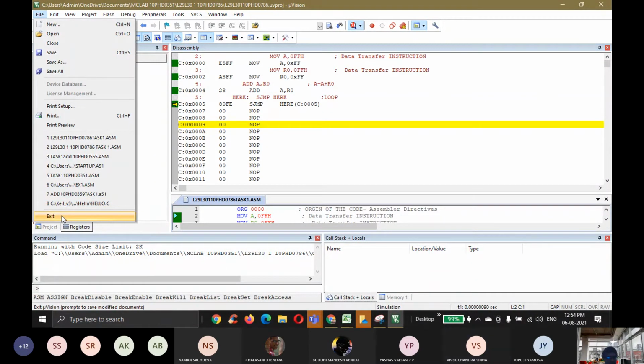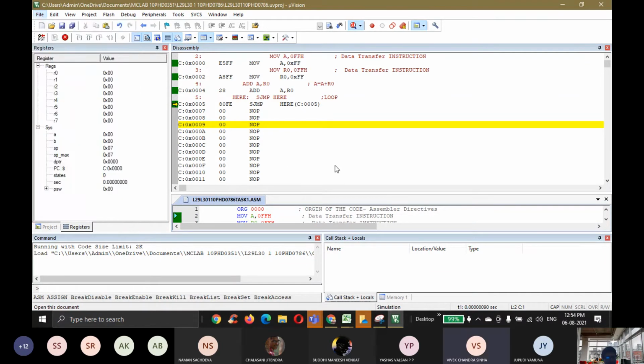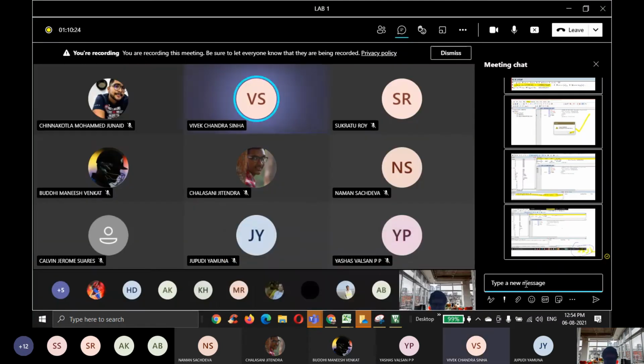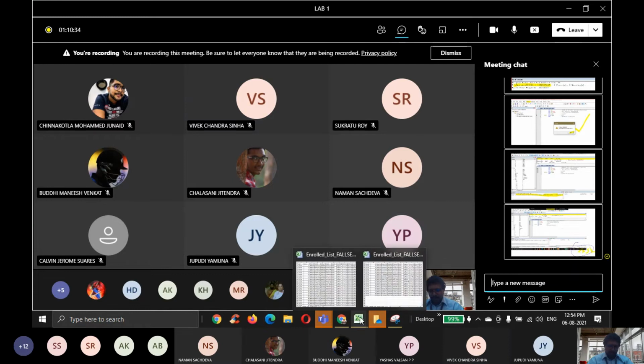Sir, what are breakpoints? Yes, we can end today with this. The breakpoints are for a very big program where I want to troubleshoot just some area. If 1,000 or 2,000 lines are there, I don't want to execute the total program. I want to execute a few lines of that program and monitor them. Then I can use the breakpoints.